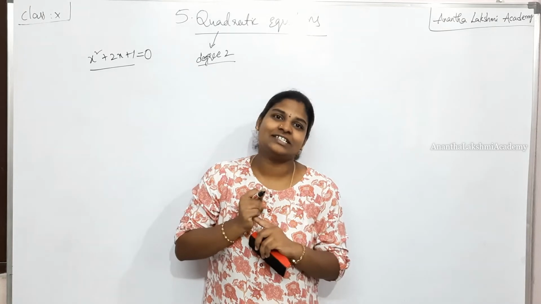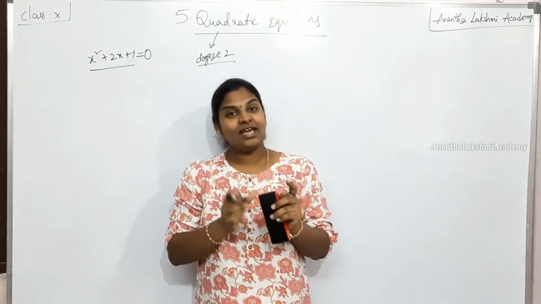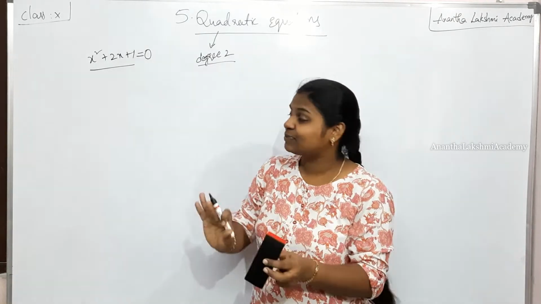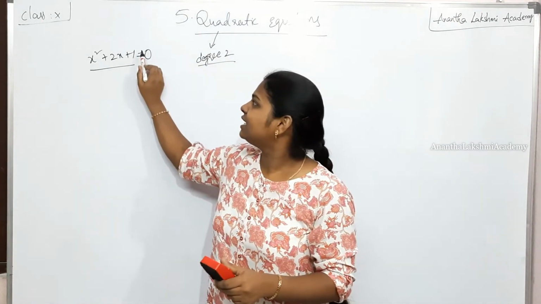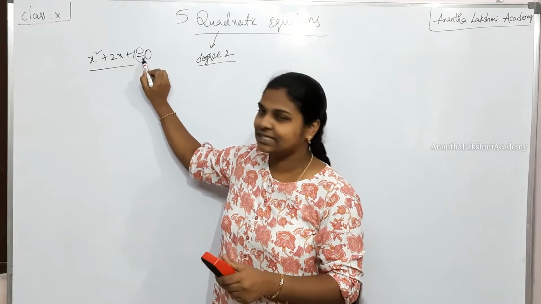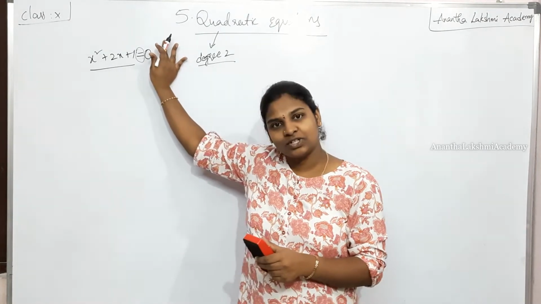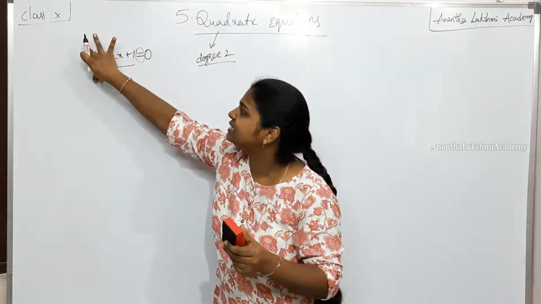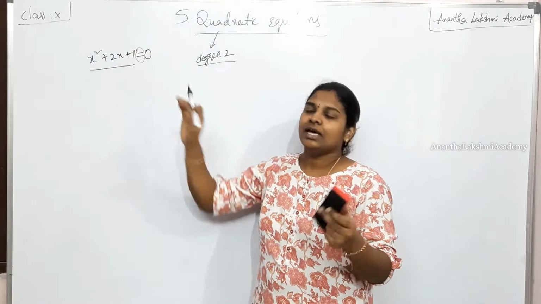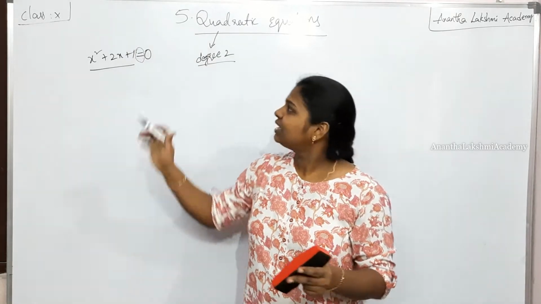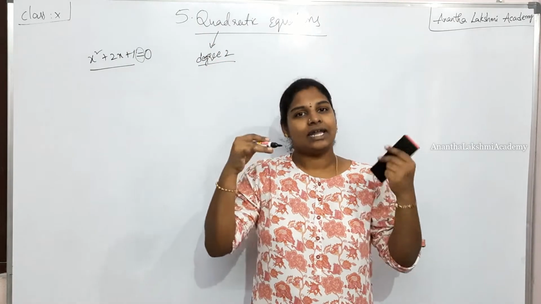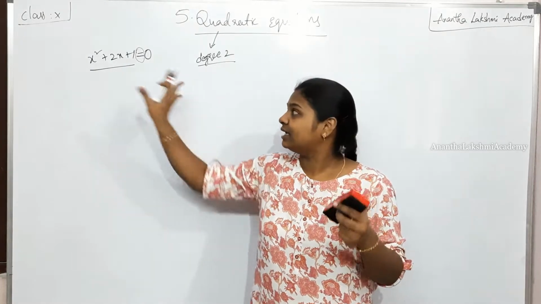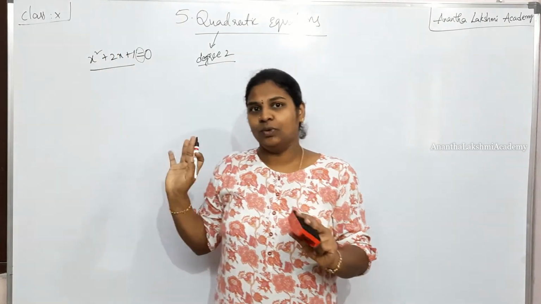Even this is discussed in the introduction of polynomials, wherein I clearly explained the difference between expression and equation. When we are dealing with equations, we will have the symbol equal to and something written on the RHS. But when we are dealing with just expressions, as in polynomials, we will just have the expression. No matter which chapter we are dealing with, a quadratic equation is nothing but an equation whose degree is 2.